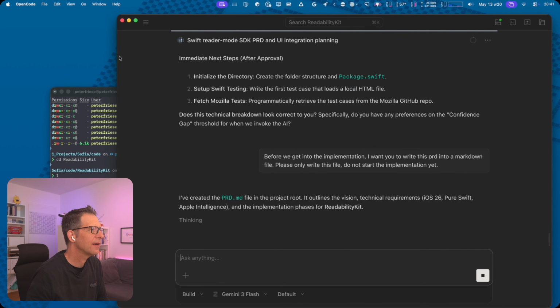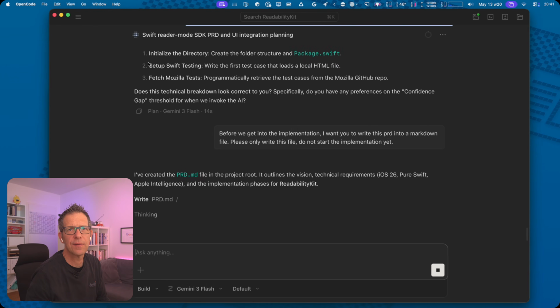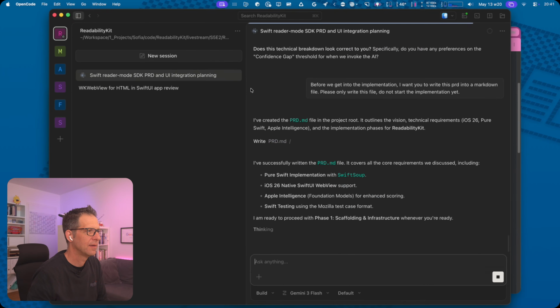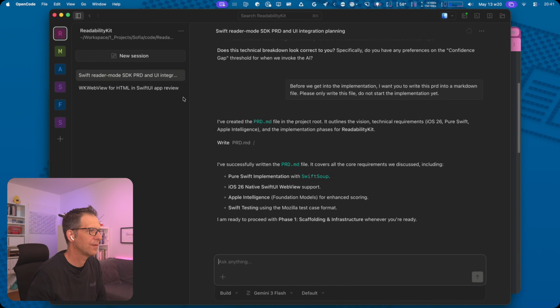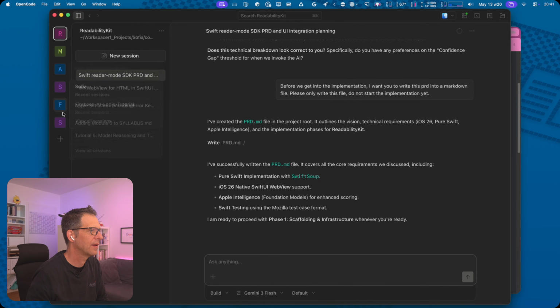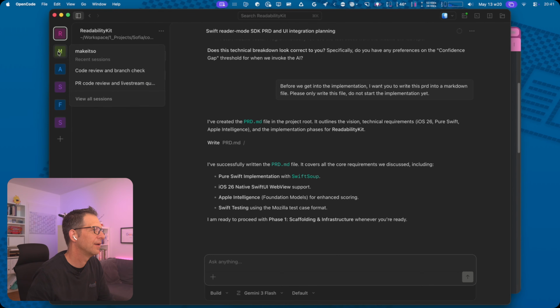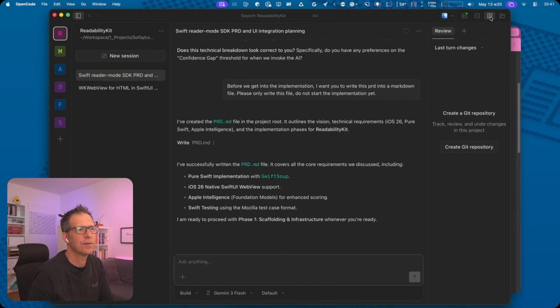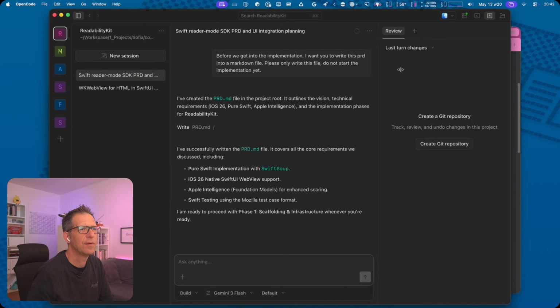And one of the nice things of OpenCode is, first of all, we've got this nice sidebar here, and you can see that I've got a couple of other projects that I am working on. And we can also toggle the review. So we don't have a Git repository yet, but we can,